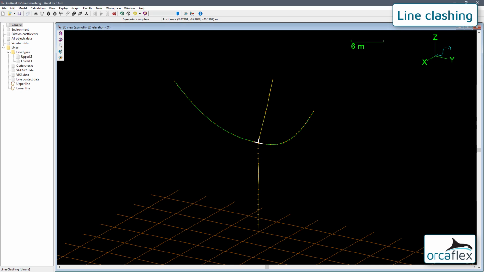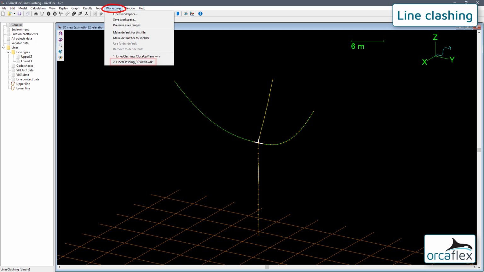I would like to make a change to this model now to demonstrate the consequences of having a time step that is too long in a simulation with a high frequency event. First of all, I'll use a workspace file to give me two views of the lines in wireframe and shaded graphics.